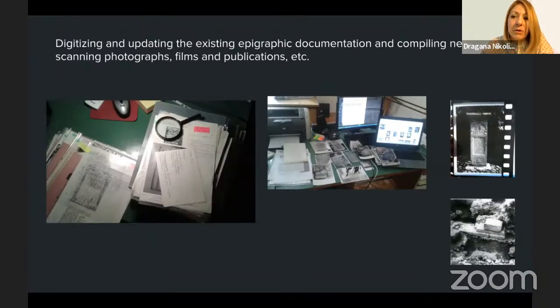And of course, we only had scanners and cameras, so that we can, after gathering documentation, go